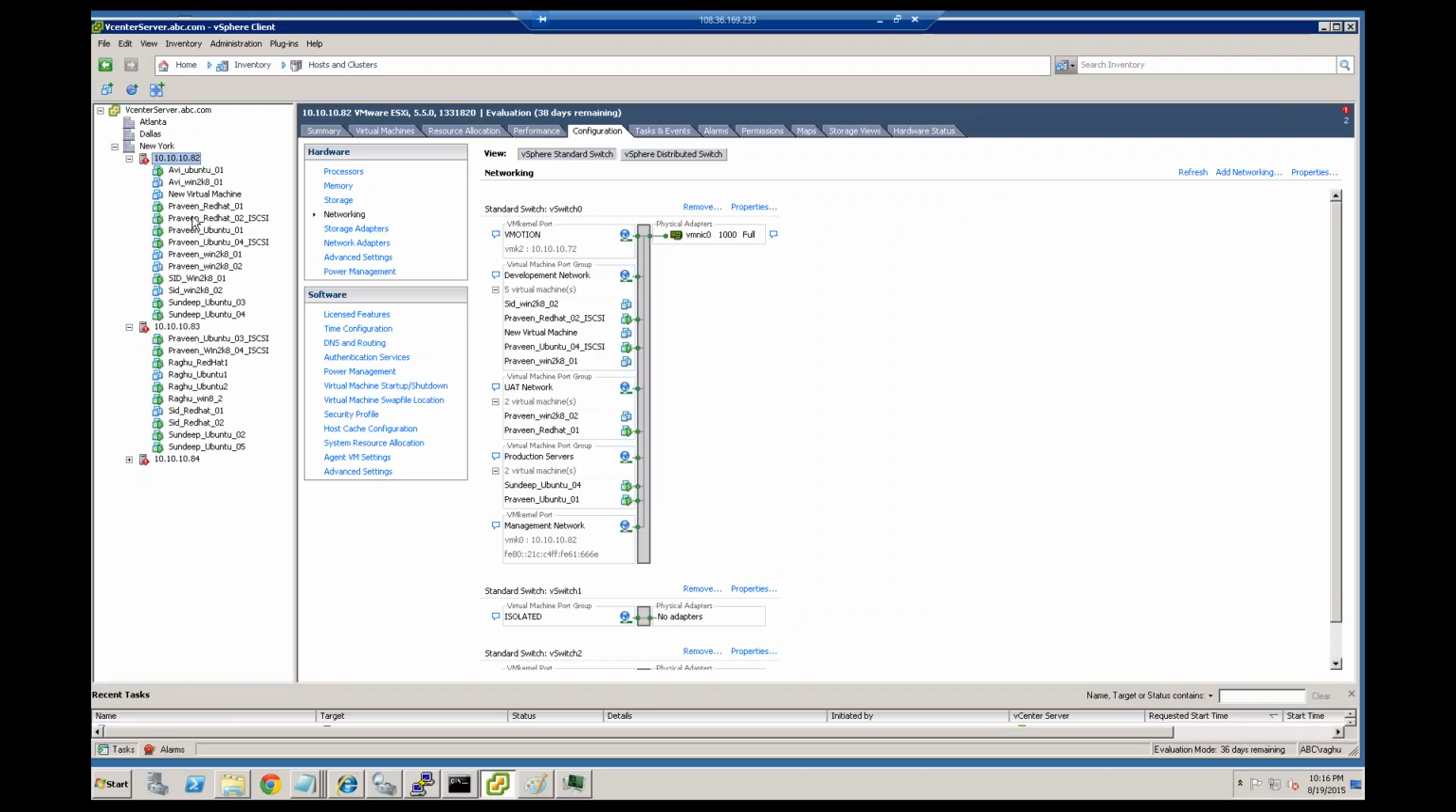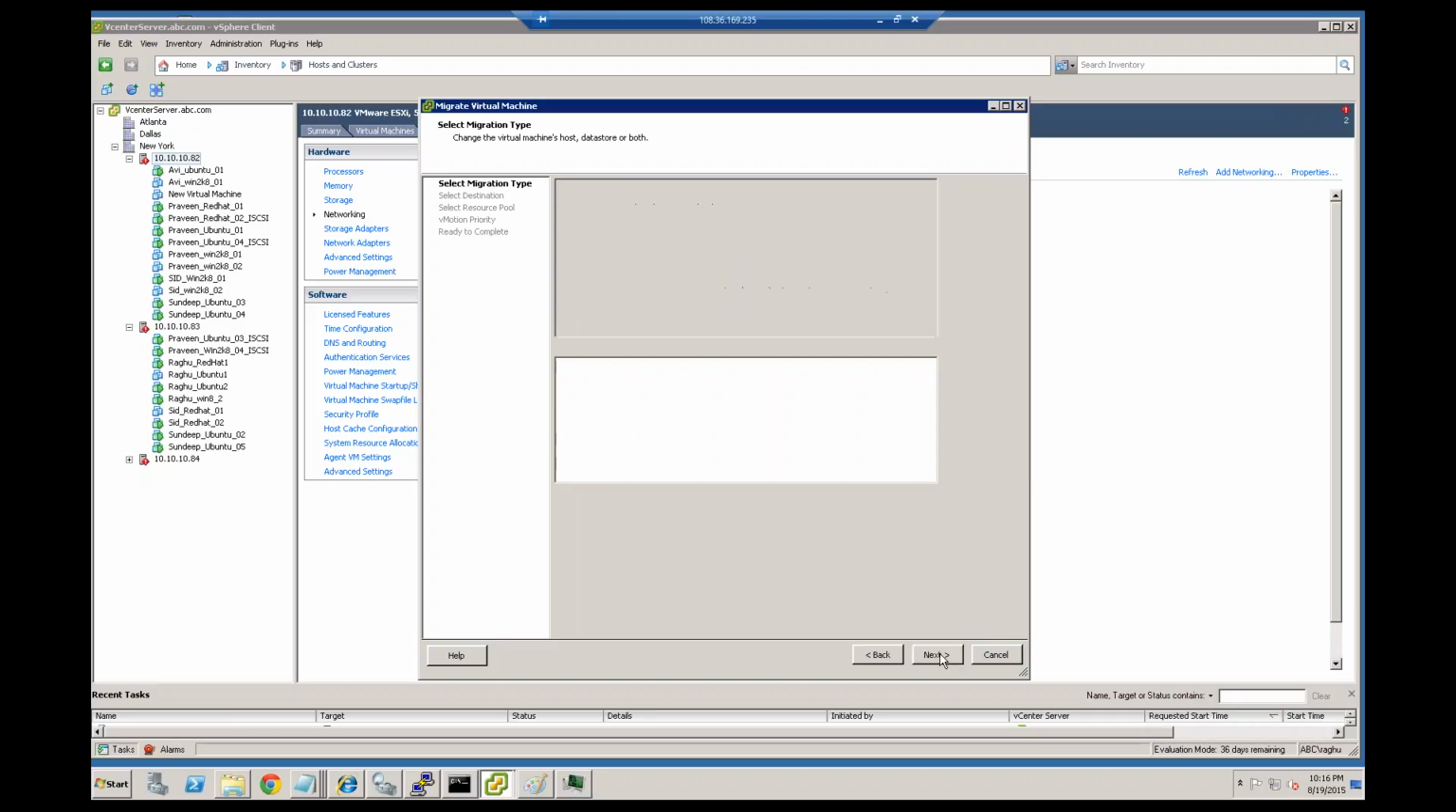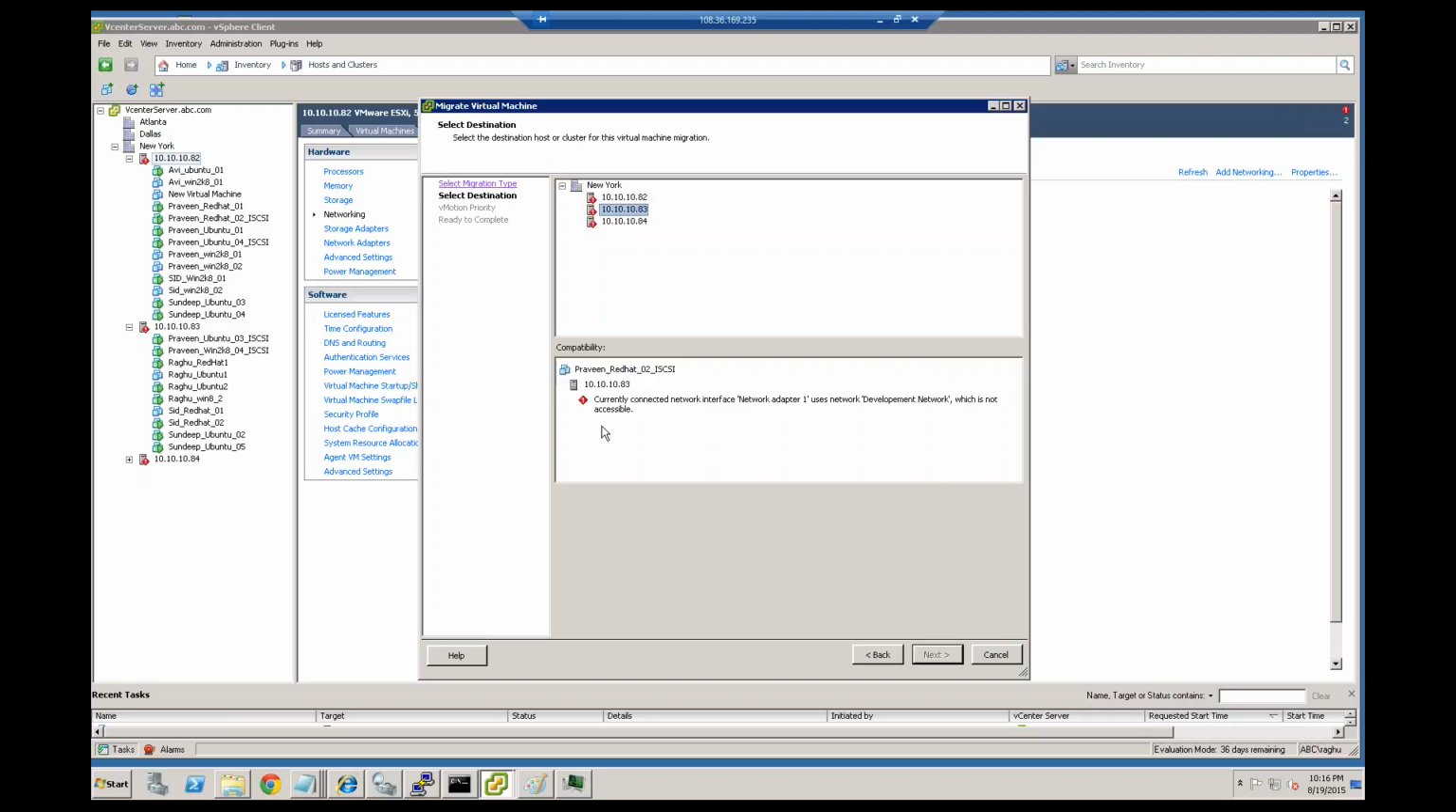Let's now try to vMotion it. Migrate, change host. See, now the change host is enabled. Before it was grayed out. Why? Because now we enabled vMotion, correct? Next, 83. It is still showing